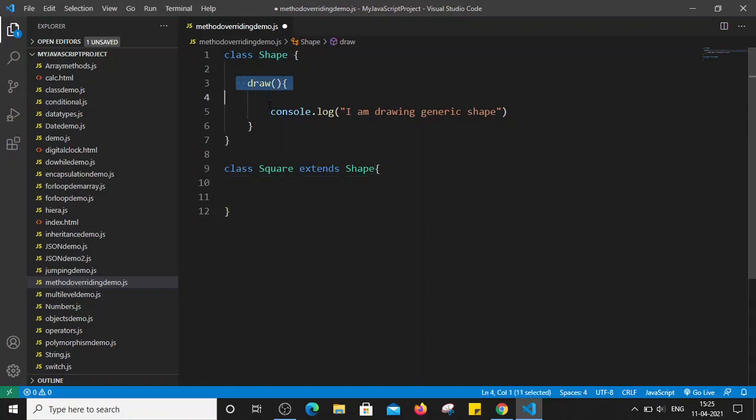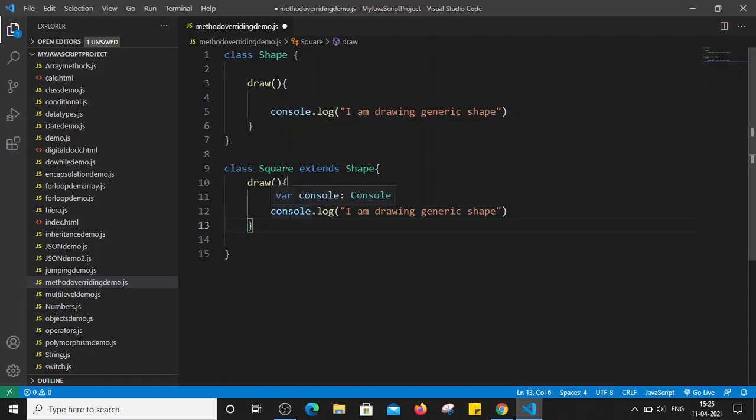So how can we do that? The definition is going to be the same. The method definition means method name, type of arguments and number of arguments. That needs to be exactly the same as the parent class, but the implementation is going to be different. So in the draw method which we implement in the square class, I will type "I am drawing square shape".